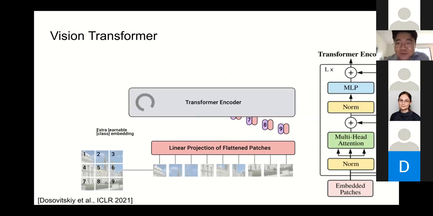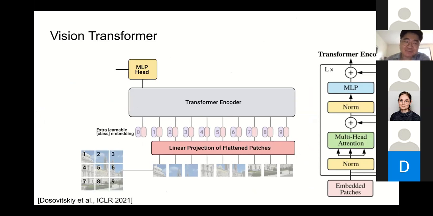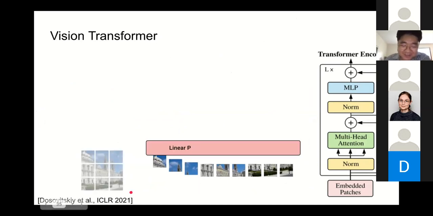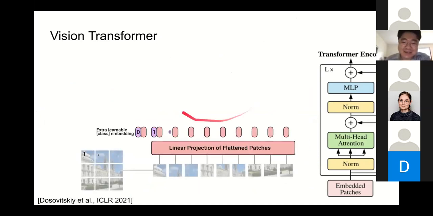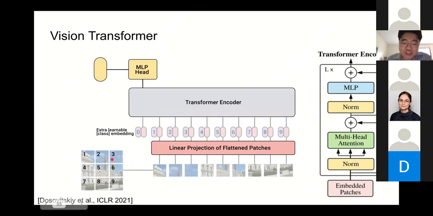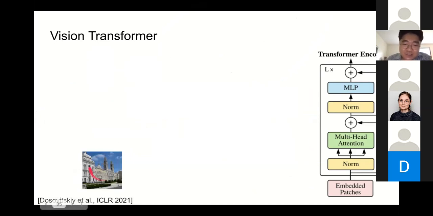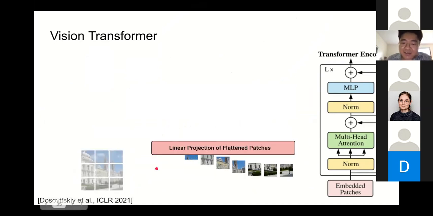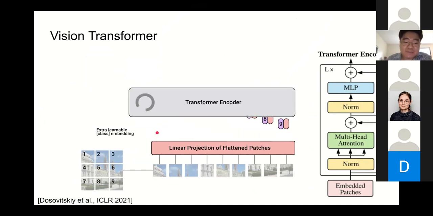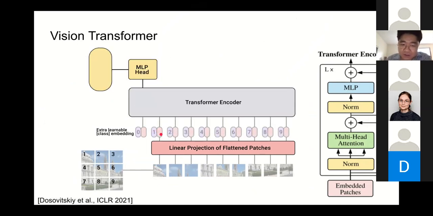Okay, now moving on to the transformer. So this is the standard vision transformer. It's funny to call this standard because it's actually from 2021, but this is what many people are accepting nowadays. So what do they do? Unlike CNN, which applies convolutional filters to the entire image, they first split the image into multiple regions, like in this example, 9 different regions, and each region is represented as a particular token. And this token is given to the transformer.